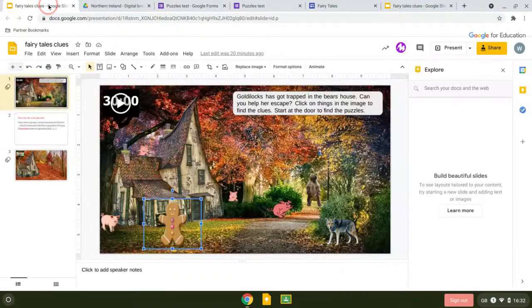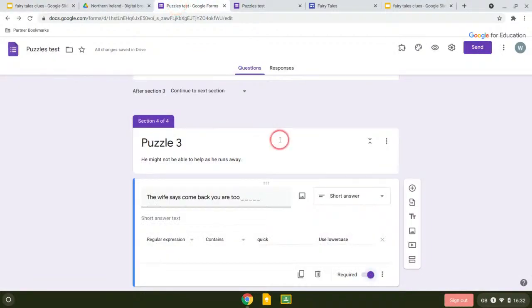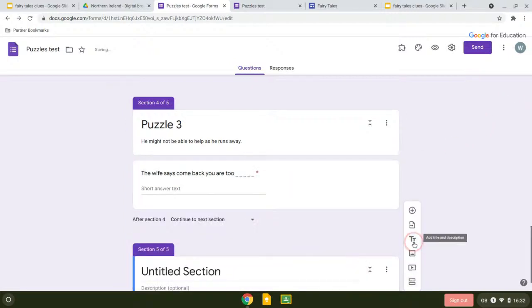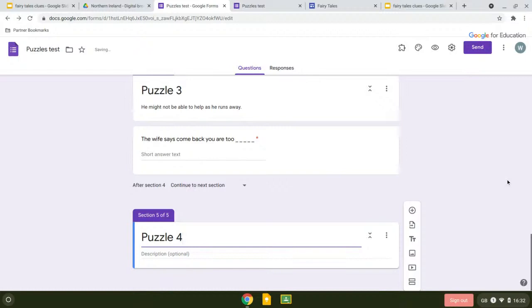So these two things go together really nicely. You can match the puzzles to that. But if you haven't got time, or you're not really inclined to make the actual slide decks, although I think they're lovely, let's show you what you could do without the slide deck. You can do other things that you might decide to do it a different way. But again, I'm going to add a section, and the section is going to be just puzzle 4. And then I'm going to put a little description in,